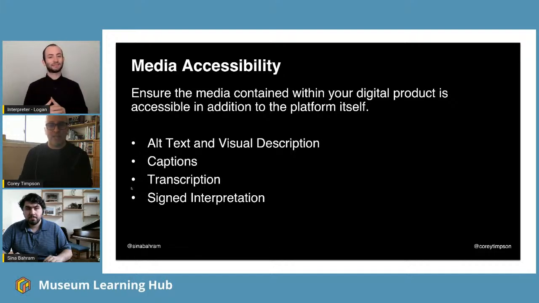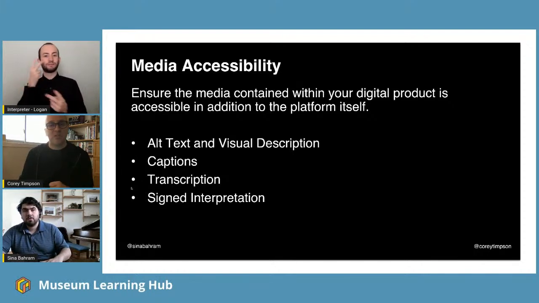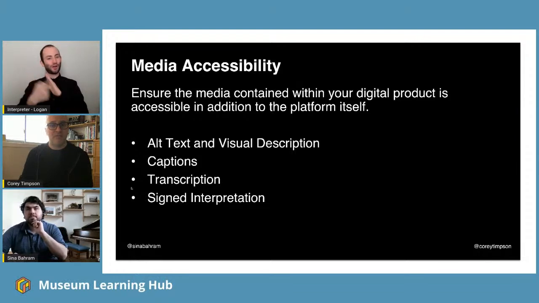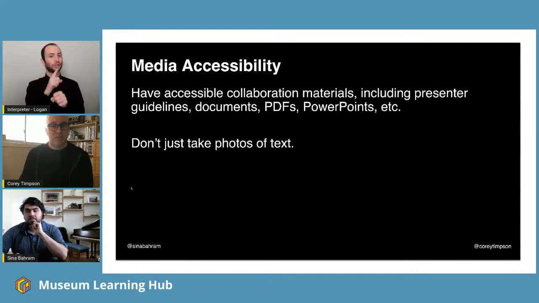So the next session, we'll get into media affordances, particularly around video, but just in a very quick summary or preview, let's make sure that we have alt text and visual descriptions filled out for anything that's graphic or image based. Let's ensure that we have captions for audio and video. If we have transcripts, nothing's being developed on a typewriter these days, it's all born digital. Let's ensure those transcriptions are made accessible, particularly on web and mobile experiences and platforms. And signed interpretation, we're seeing that right now for this video feed, and let's ensure that that's available as well.